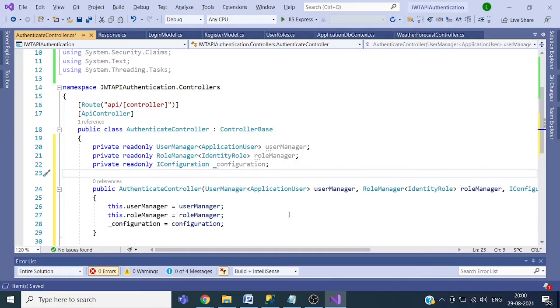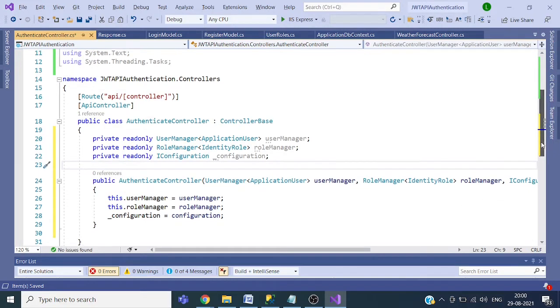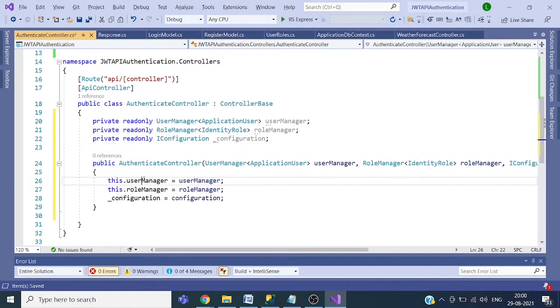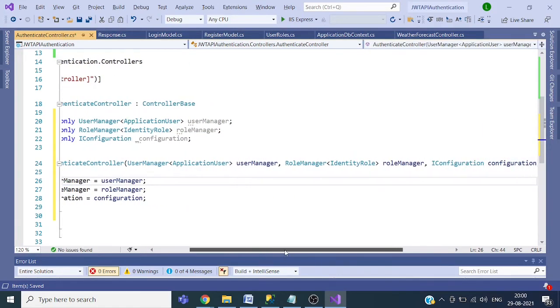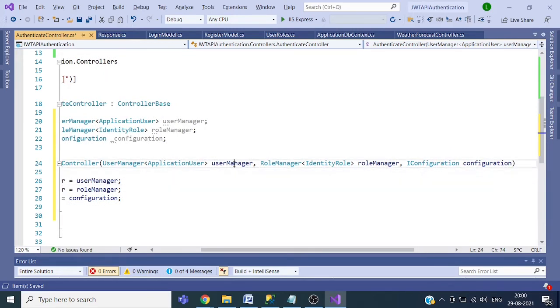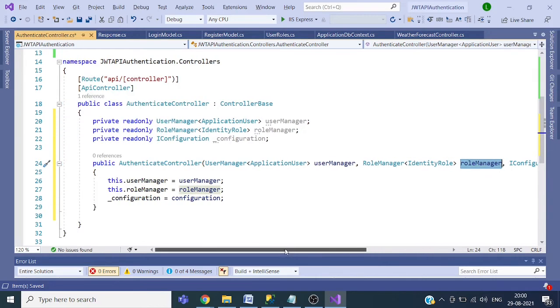Now, using dependency injection, we have initialized our private fields, UserManager and RoleManager. These parameters will be provided by the .NET Core runtime.